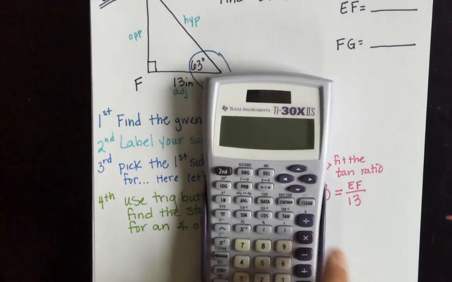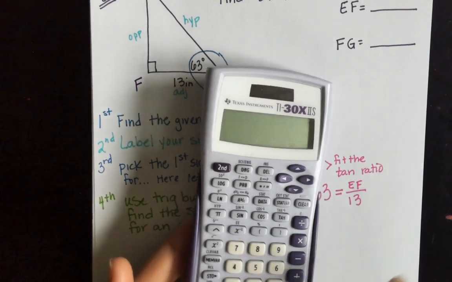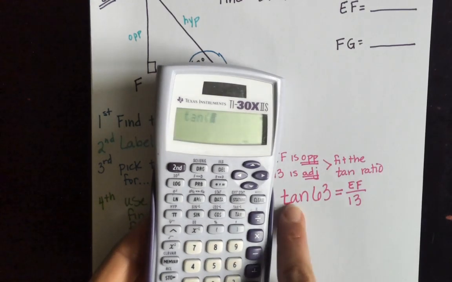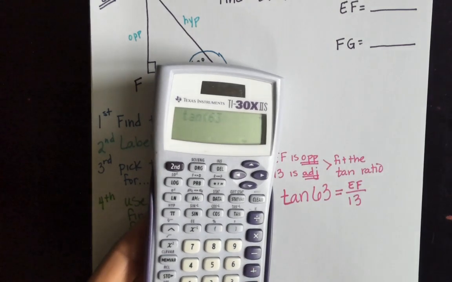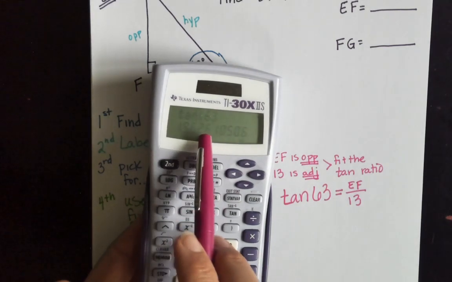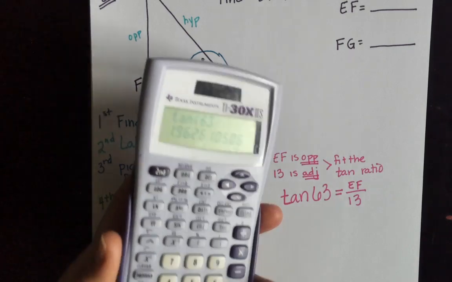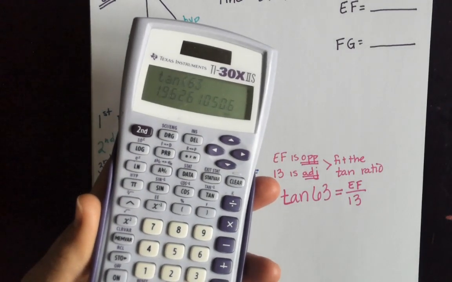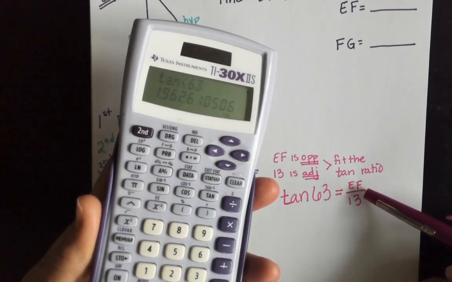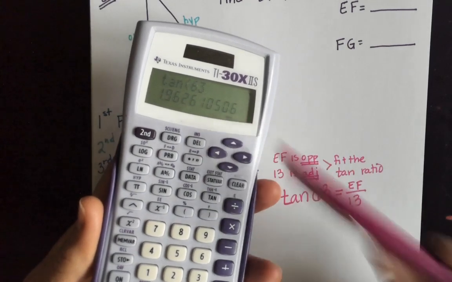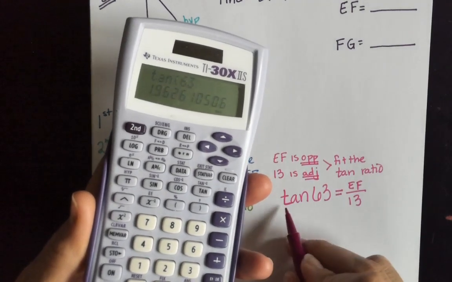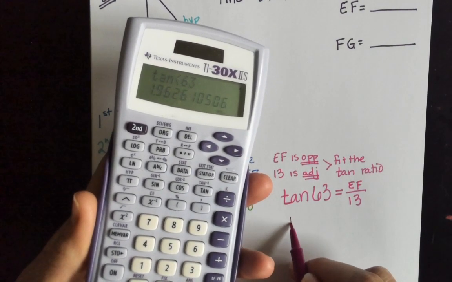So the first thing I'm going to do is I'm going to go to my calculator, and I know that it's 63 degrees. So I'm going to push tangent, notice how it looks identical to my paper, 63, and I'm going to push enter. Now, here is this ridiculous looking decimal. That is the ratio that I am supposed to have over here for a 63 degree angle when we're talking about opposite divided by adjacent, because my calculator has that stored. So I talked about these were hidden proportions. You're going to now write down this decimal number,